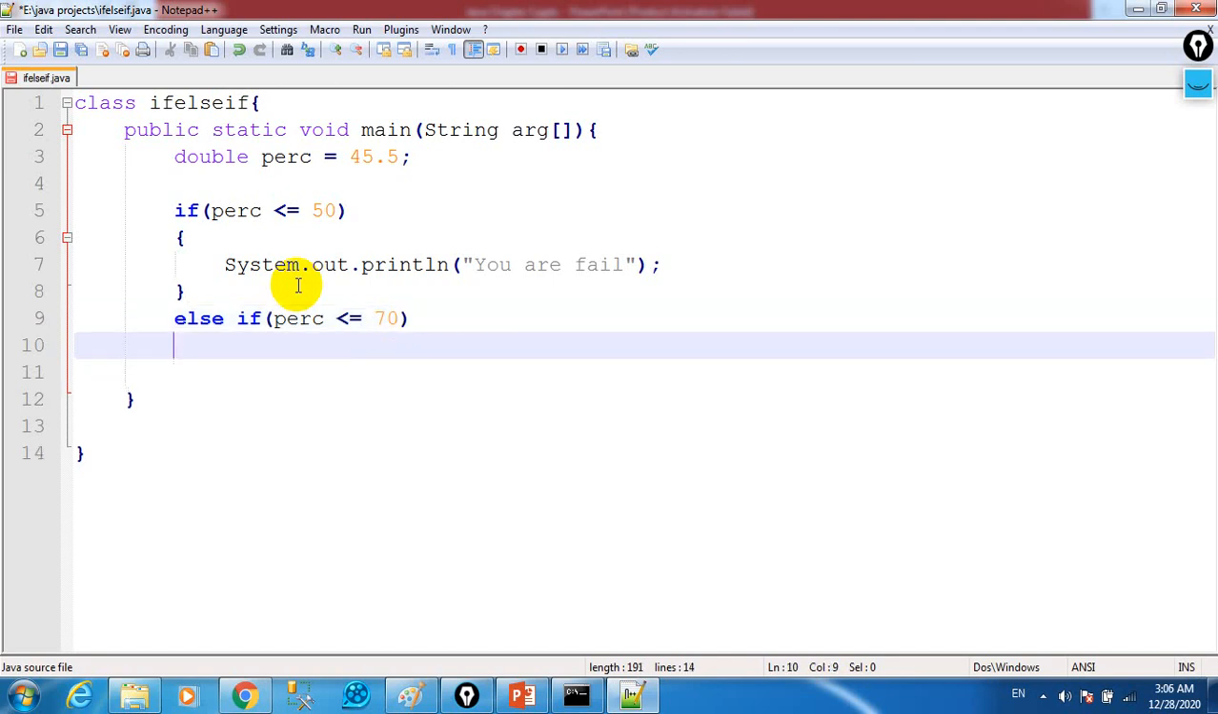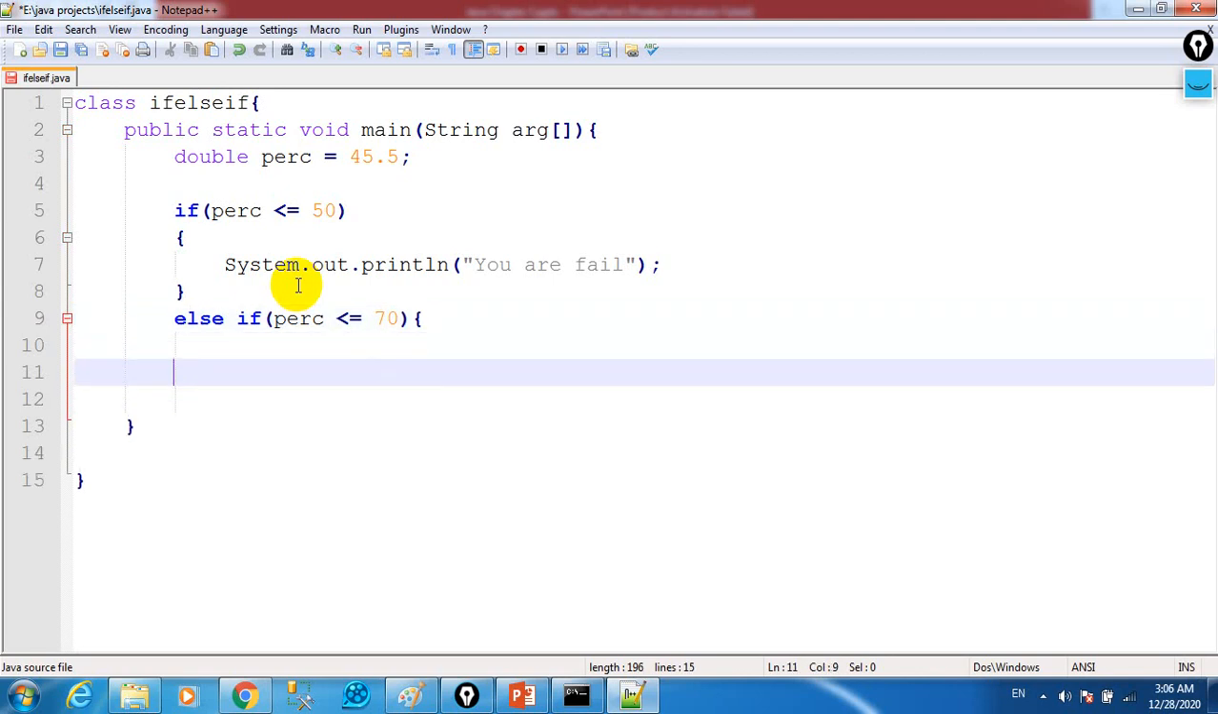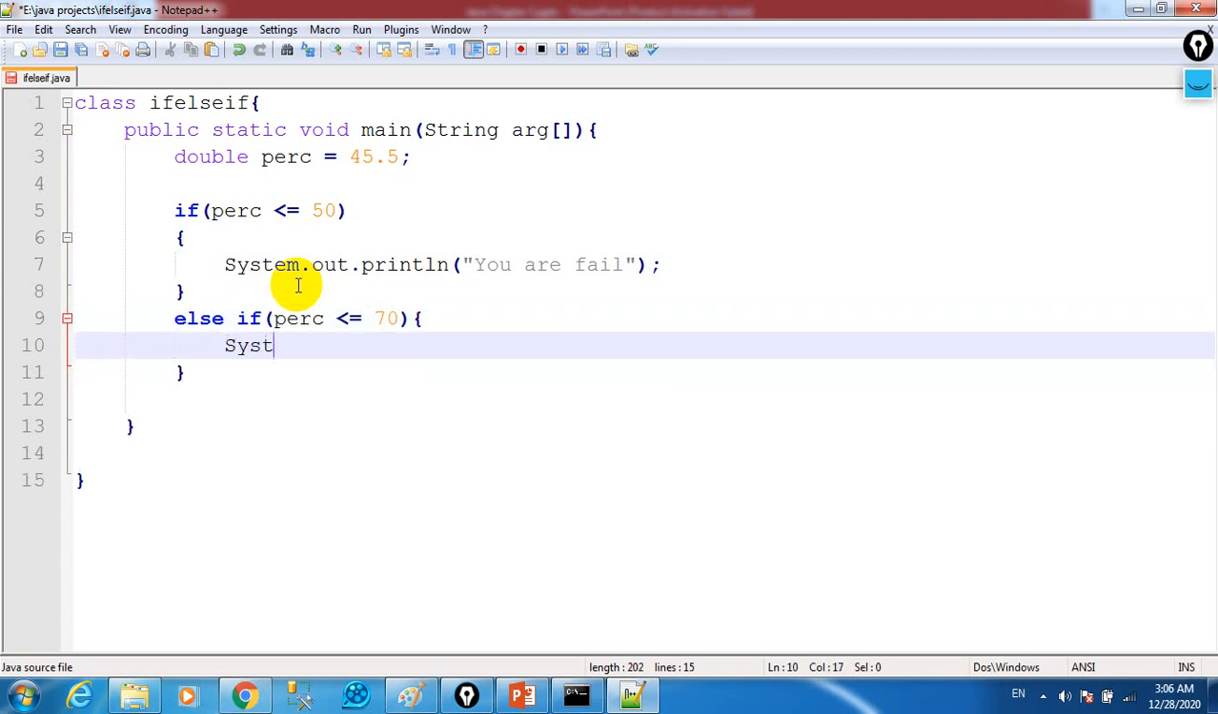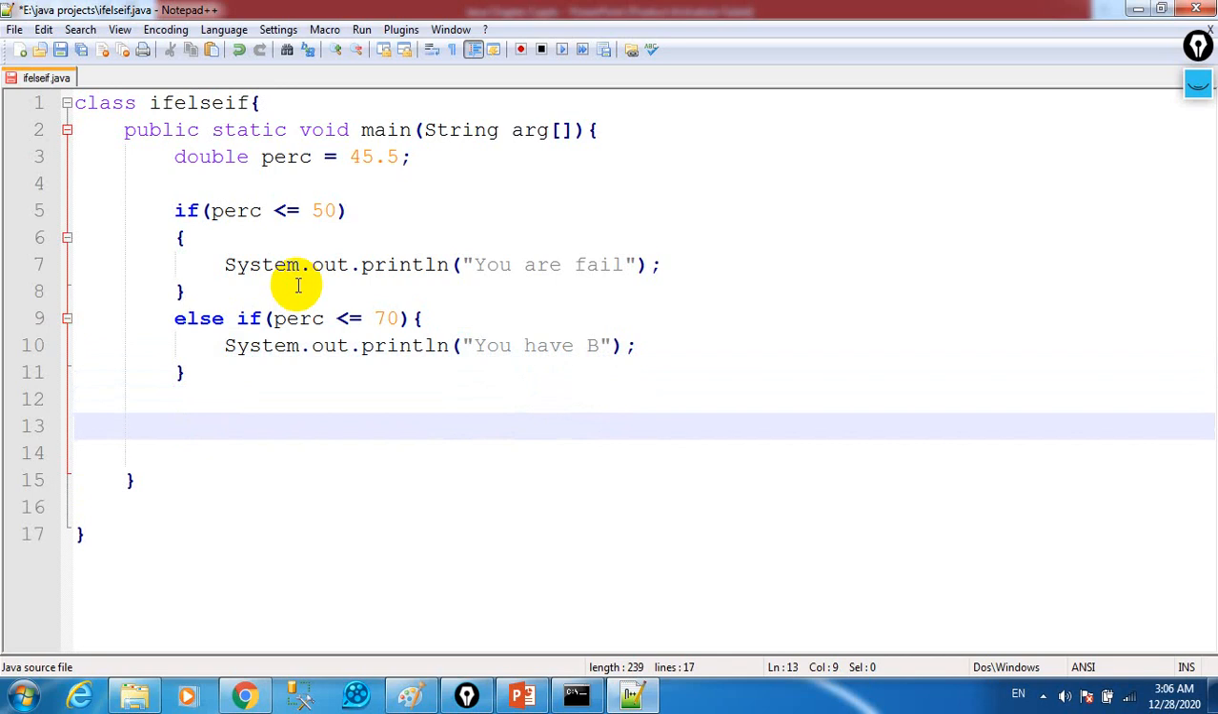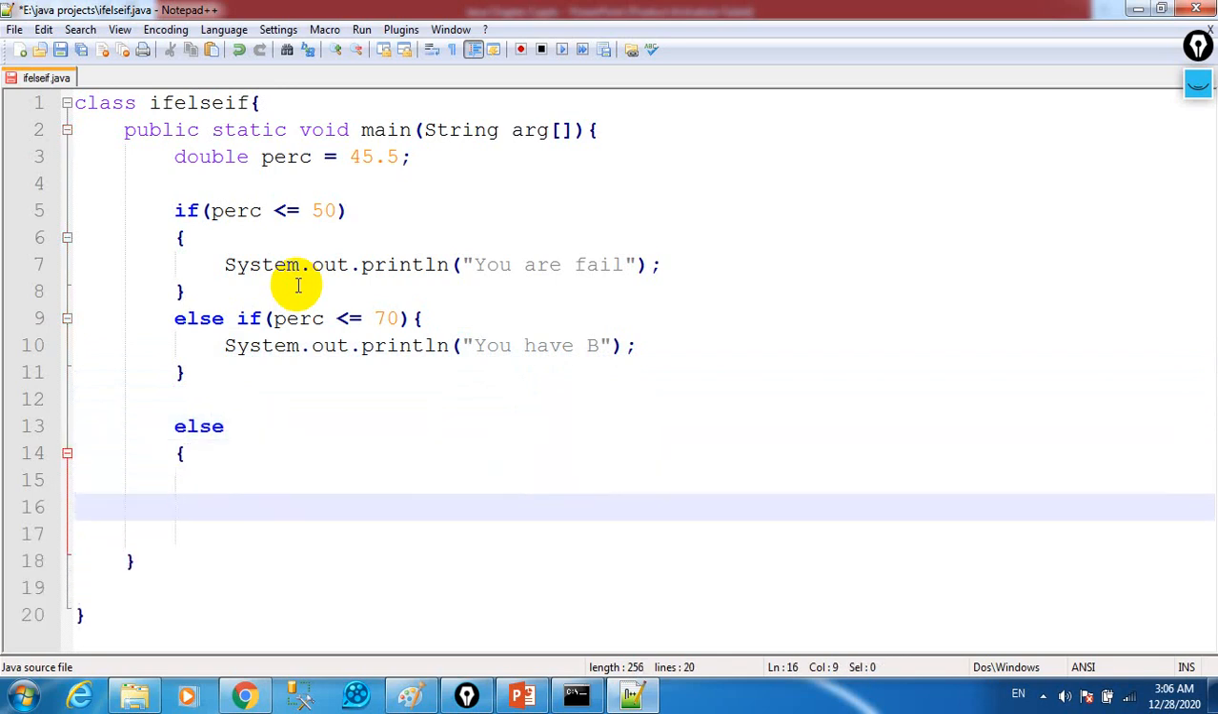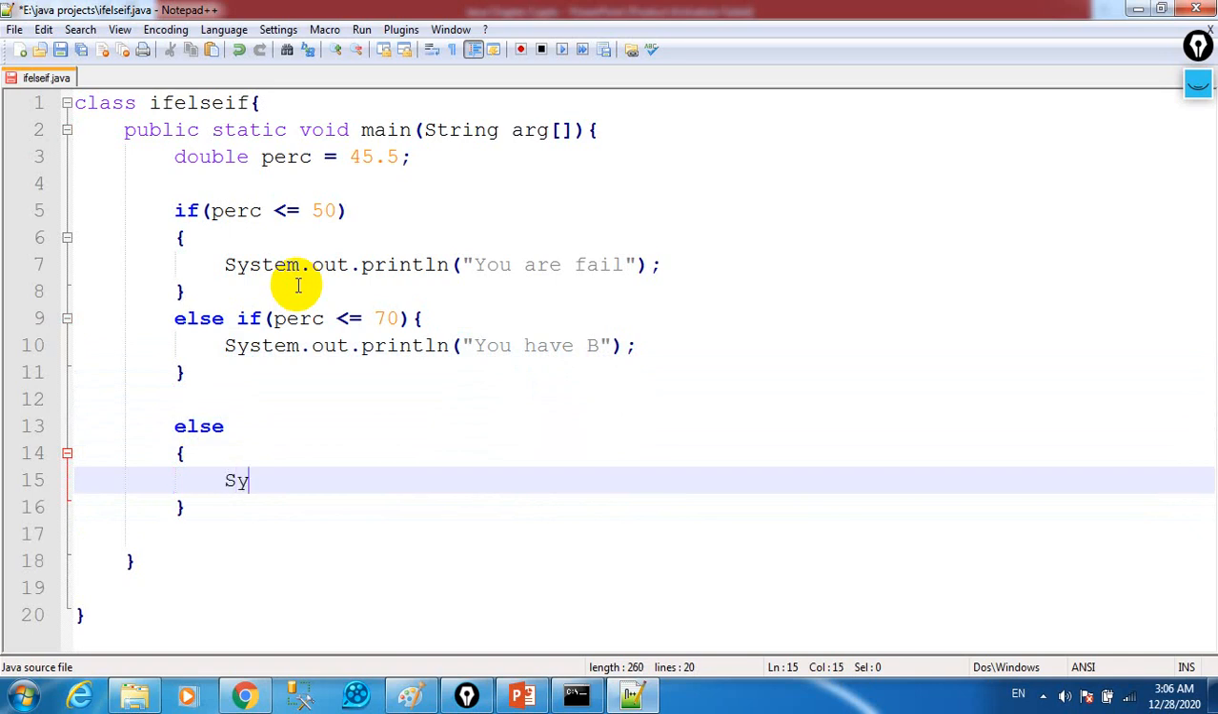So then we should display, write here, for example, System.out.println: you have grade B. Else, if it is not less, if it is greater, then we don't take the if, so what is the else? Here I will take System.out.println, and we say: you have